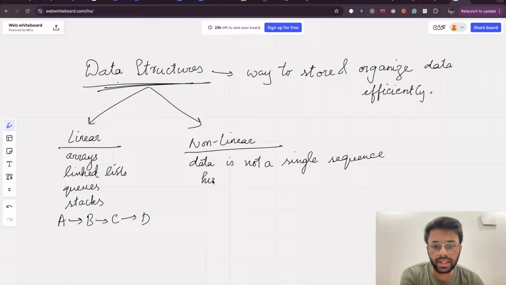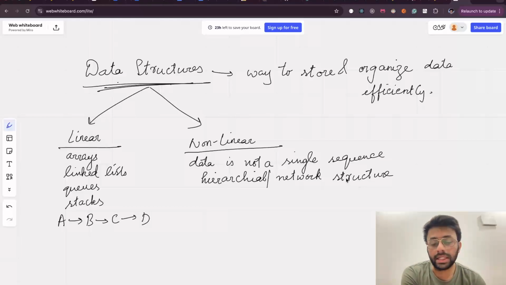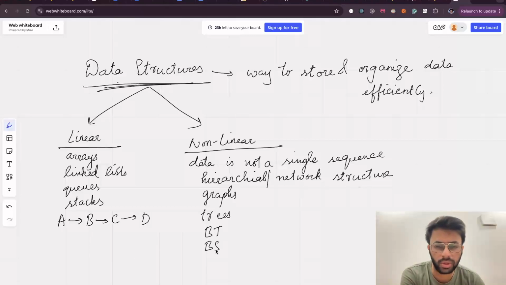Either there will be some sort of a hierarchical or network structure. Some examples will be graphs, trees. You have generic trees, you have binary trees, you have binary search trees, all sorts of trees, heaps, priority queues,